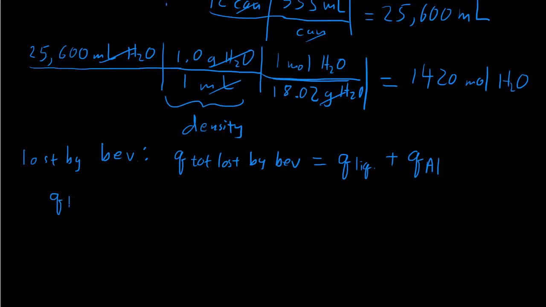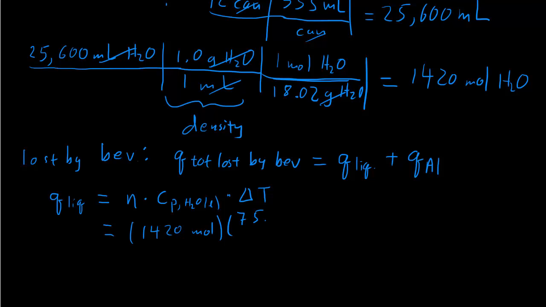So Q for the liquid. We can use this formula: number of moles times the molar heat capacity for liquid water, that's our tasty beverage, we're going to assume it's mostly water, times the temperature change. This is just the formula that we were using before, and this will tell us how much heat we have to remove from this tasty beverage. So we know how many moles we have, that's 1,420 moles. The molar heat capacity of the liquid, we can look that up in table 5.1, and that's 75.3 joules per